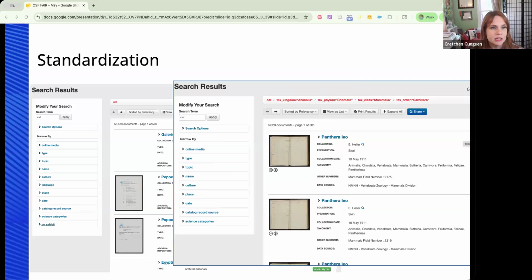And even if the term isn't used in the original data, if the journal that this is referencing here uses the word lion, or maybe it's in another language and it uses leon or löwen, the metadata can still contain the term Panthera leo, and I can bring together all of these accurately described resources in one place.